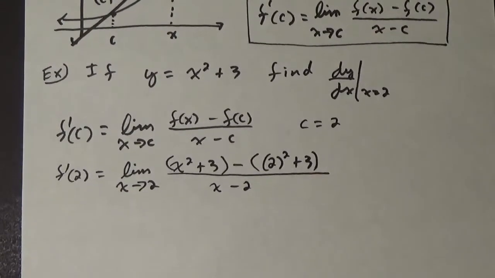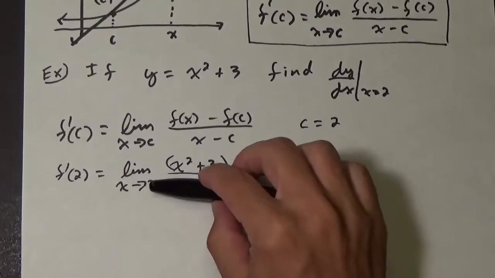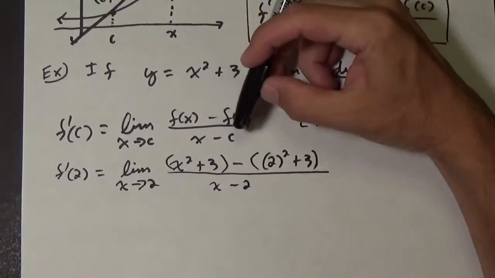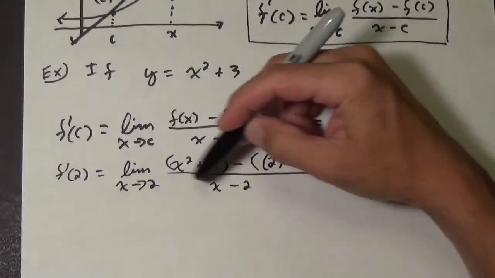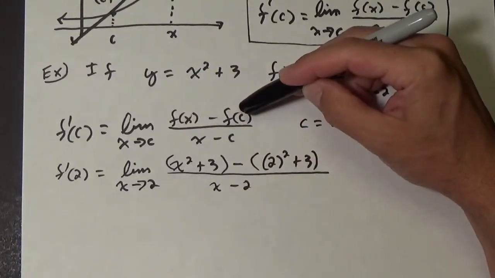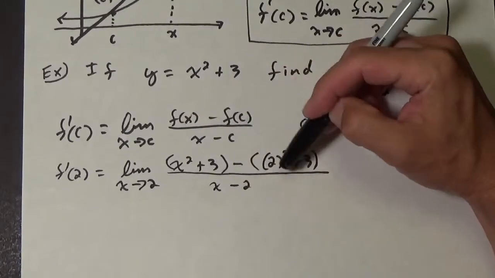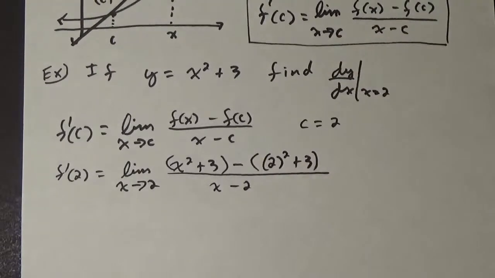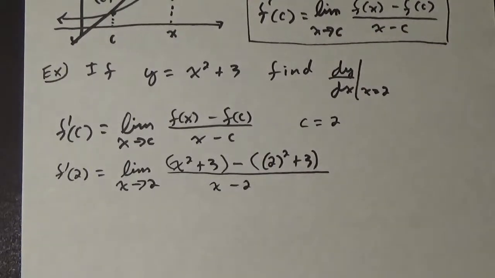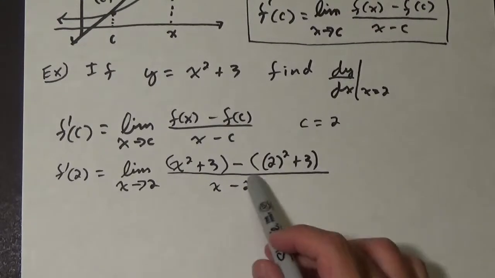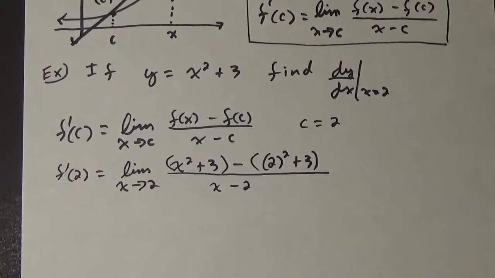Okay, so to use this, you have your c, and so here this has to be the c, which in this case is 2. This one just says take the function and evaluate it at c, which we did here. And now we need to evaluate this limit. And just like with the other definition of the derivative, you can't substitute. You're going to get 0 right away in the denominator. So we're just going to have to simplify this,